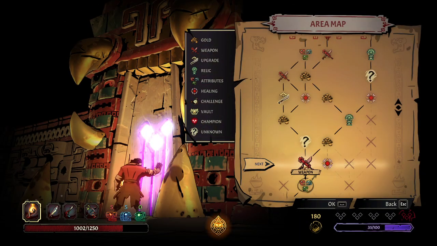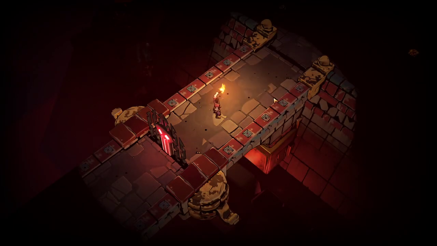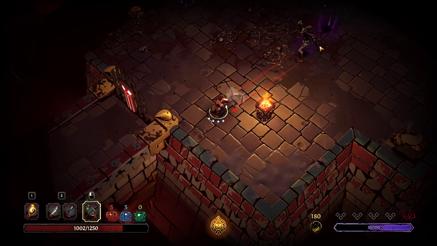I don't think we need healing that much. Let's go for a new weapon. We may not end up taking the new weapon because I quite like the bow that I have right now. But you never know. We'll see. Okay, first thing we want to do is try to light these torches and then...